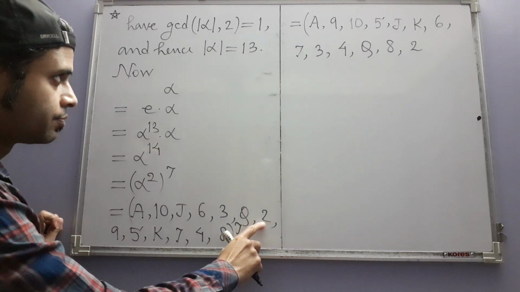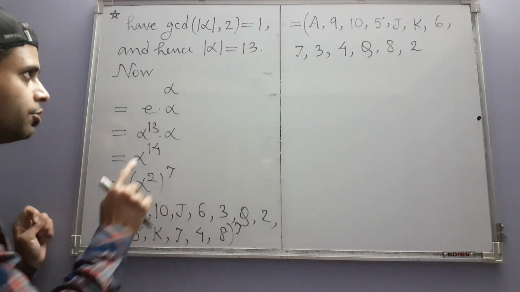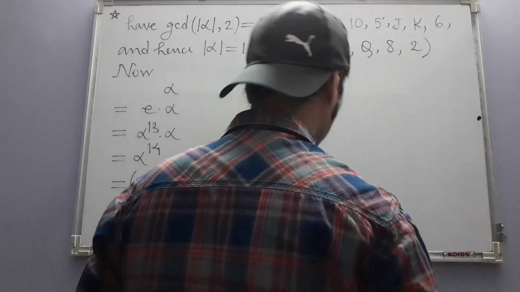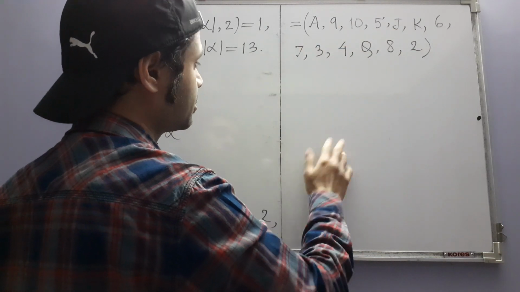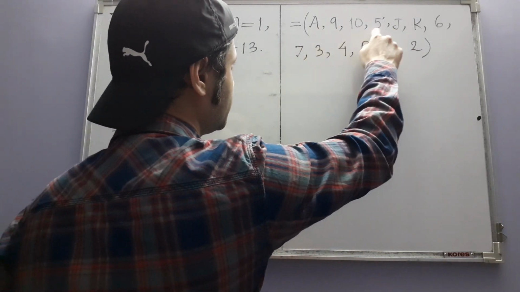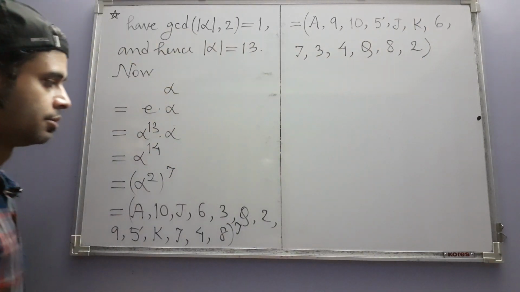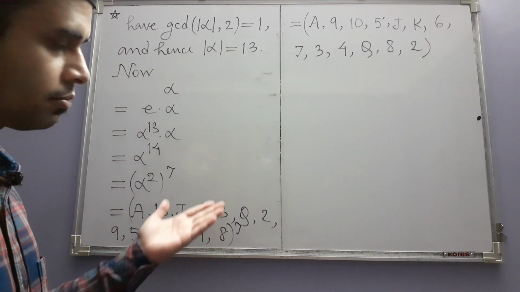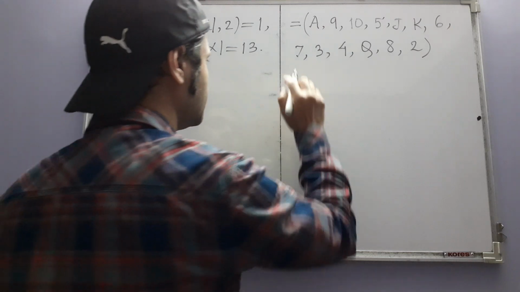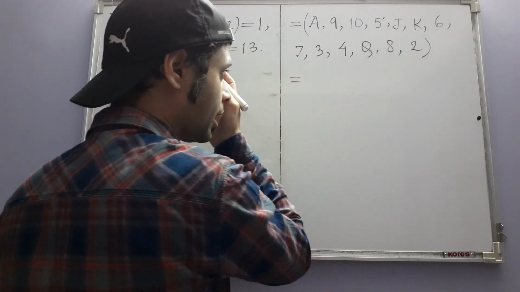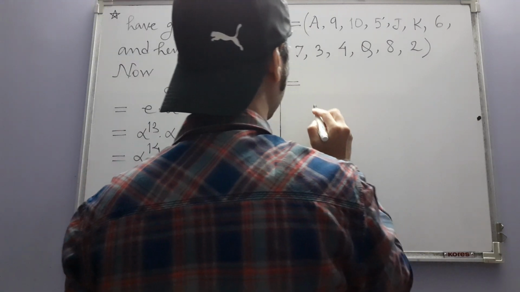2 goes to 1, 2, 3, 4, 5, 6, 7. So 2 goes back to A. And we should have again all our 13 symbols. Do we have 1, 2, 3, 4, 5, 6, 7, 8, 9, 10, 11, 12, 13? Yes. So this is our alpha. That is, if we write it in our original notation for permutations, then we get this: